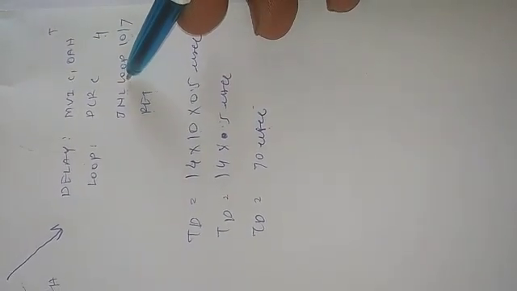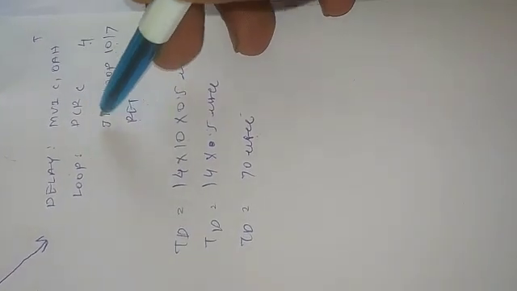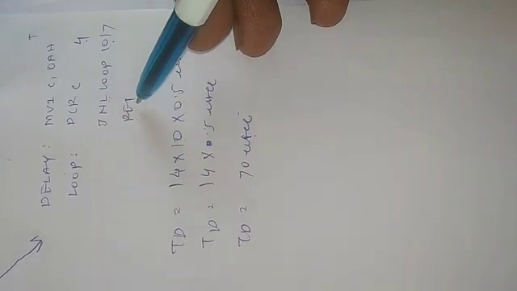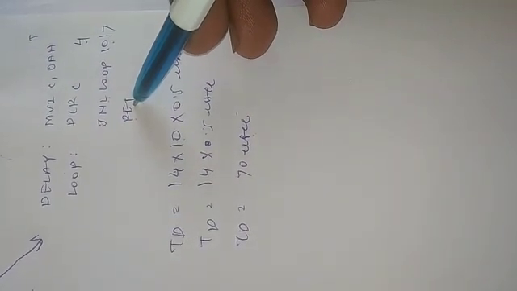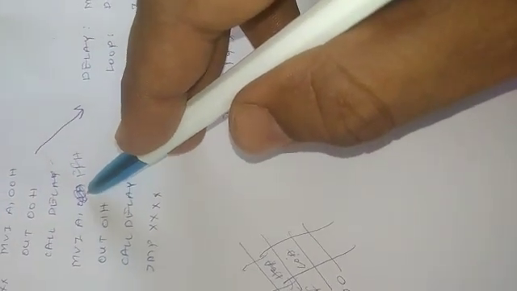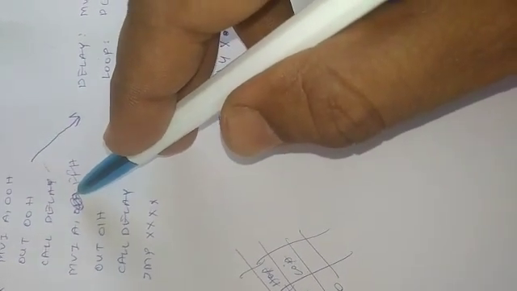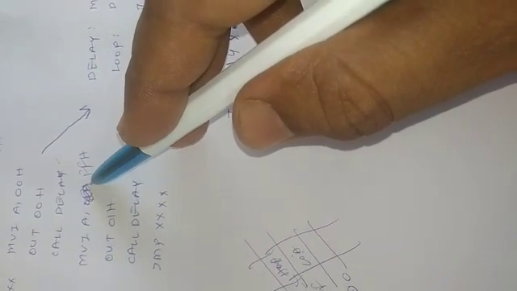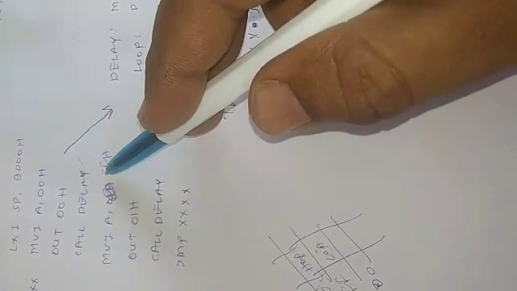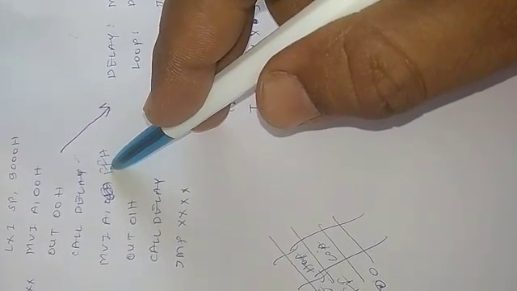At the end of the 10th iteration, this program will come out of the loop. The last instruction of the subroutine, RET, will be executed. The contents of the program counter which were stored onto the stack, that is the high order address and low order address of the next instruction to CALL, will be given back to the program counter, and again program control will come into the main program. So what is the next instruction after CALL DELAY? It is MVI A, FFH.